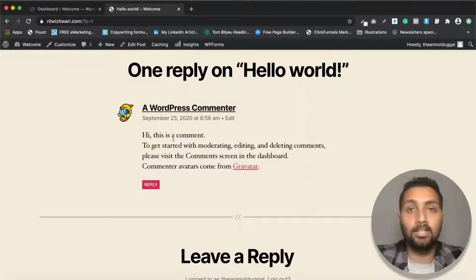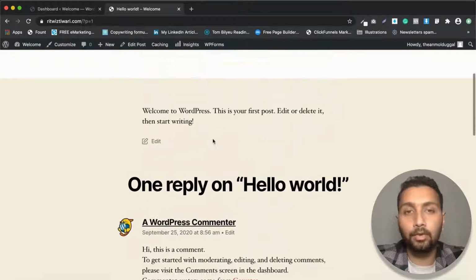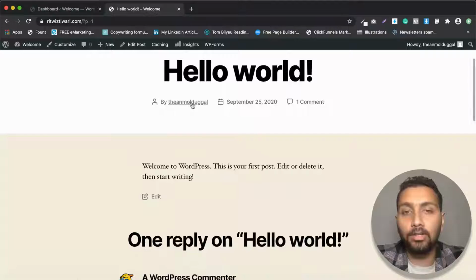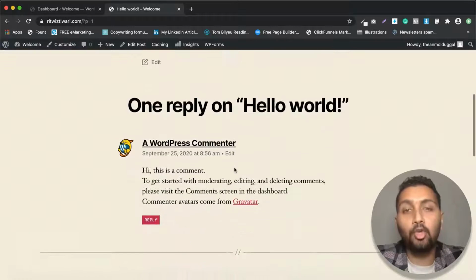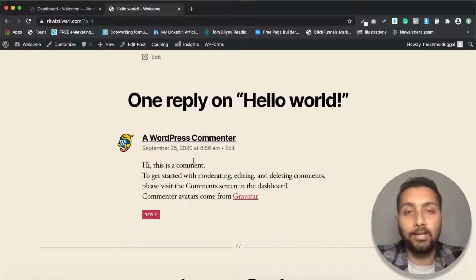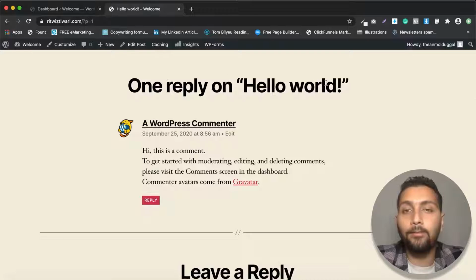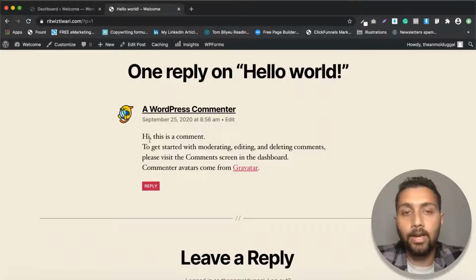Does it relate to the blogs that you read online? We have this heading, the author name, the date of publishing the article, and the number of comments, right? You must have seen something similar on a lot of other websites that you visit on the web, and now you can do it simply by using WordPress as your platform. Everything will be available to you by default when you start creating your posts.